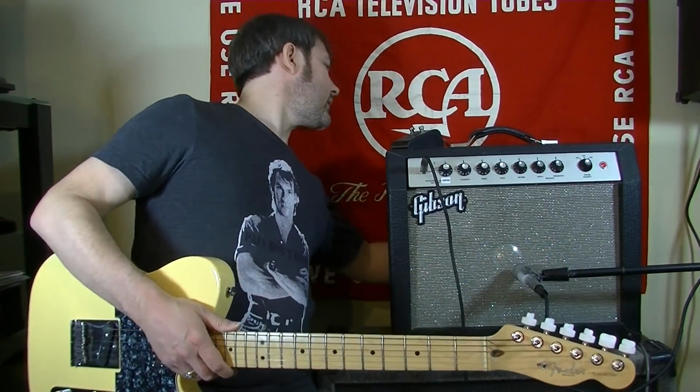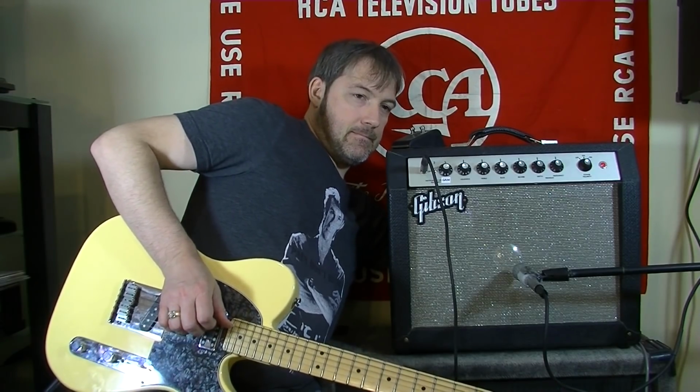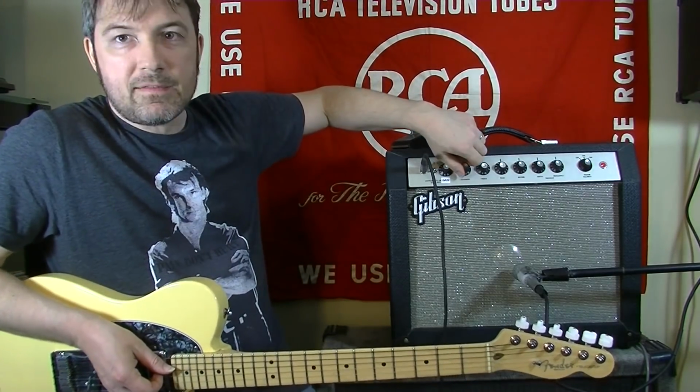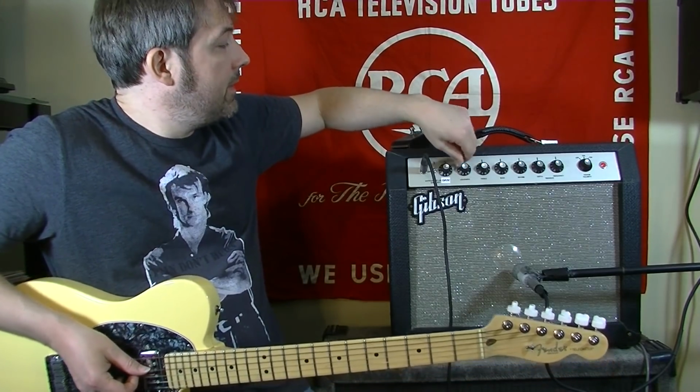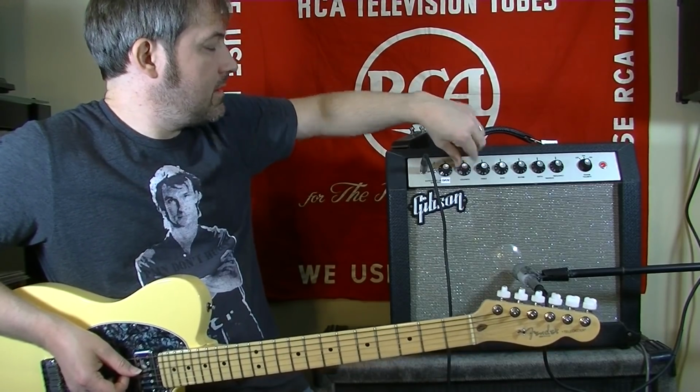Mid-range control and kind of what it does. Obviously, you know what a mid-range control does, but listen to how it changes the character of the amp. Okay, that's the mid-range control cranked all the way up. And if we dime out the gain,